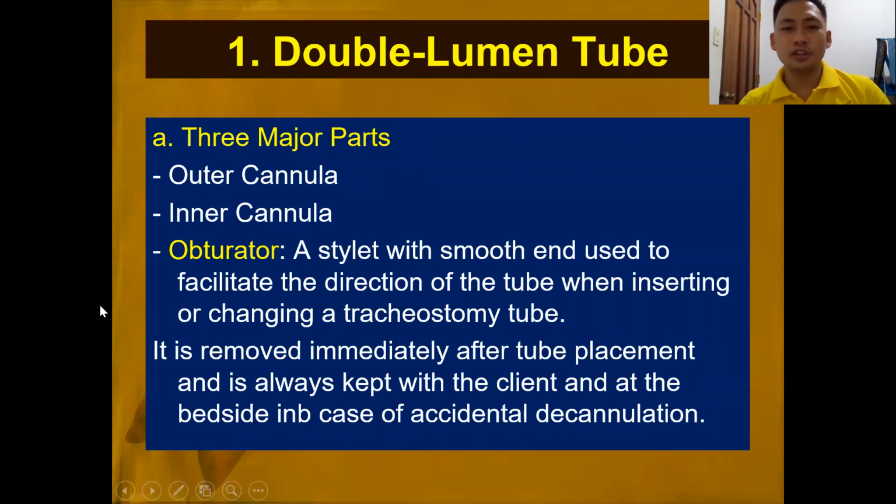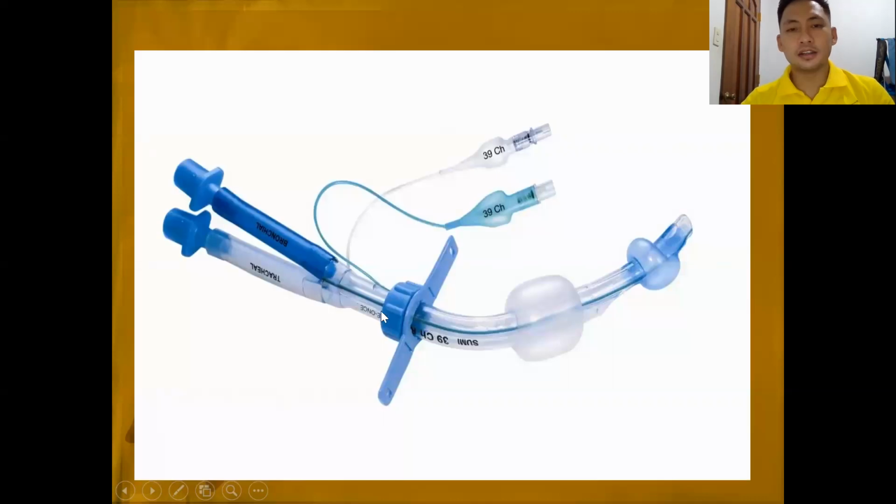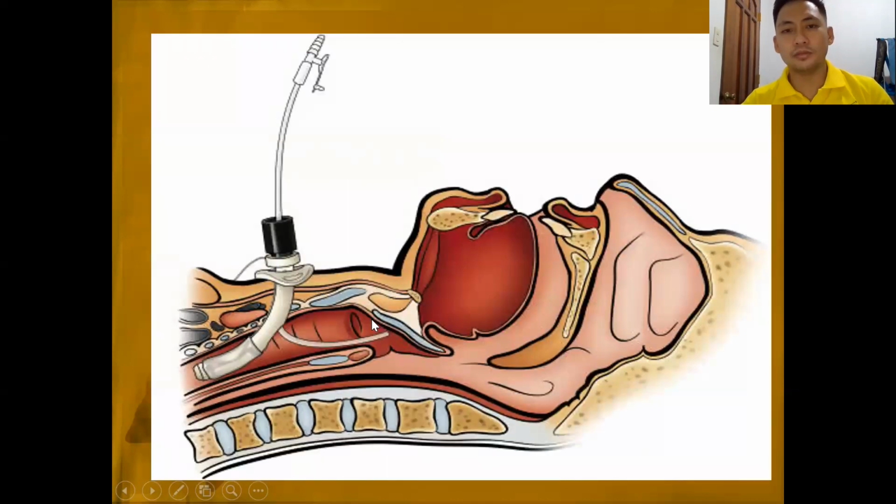So we have double lumen tube. Ang obturator is tipped with smooth end to facilitate the direction of the tube. So kailangan din to sa bedside. Now we have the resuscitator, the obturator at the bedside for reinsertion of the tube. Okay, double lumen,